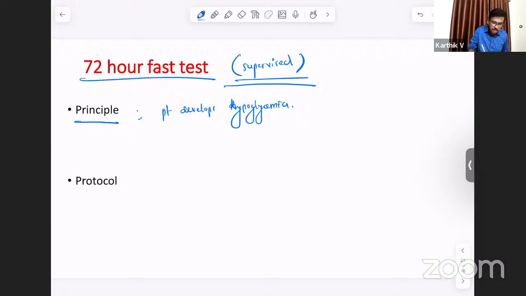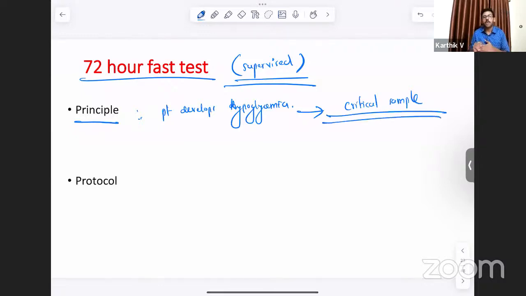So when the patient develops hypoglycemia, you want to take the critical sample. Okay, critical sample, and that is the major purpose of doing a 72-hour fast test, first to confirm hypoglycemia, because you are doing it under supervision. You are sort of provoking hypoglycemia in a susceptible individual by asking the patient to fast. Okay, now